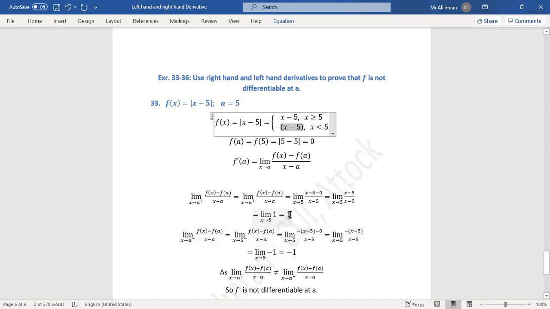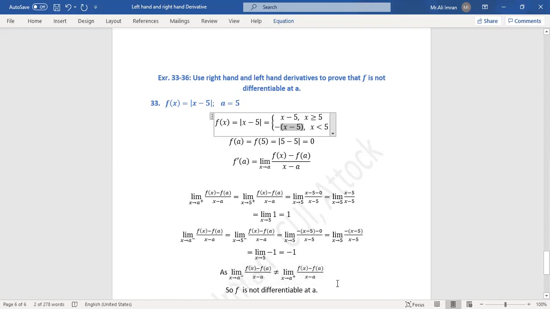Now the right hand derivative limit is 1 and the left hand derivative limit is minus 1. The left hand derivative limit is not equal to the right hand limit, so f is not differentiable at 5. For differentiability at one point, it is necessary that the left hand derivative limit and right hand derivative limit should be equal. Now in this question, the left hand derivative and right hand limit are not equal, so f is not